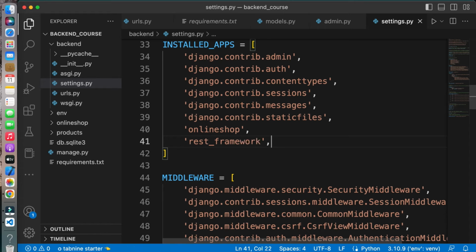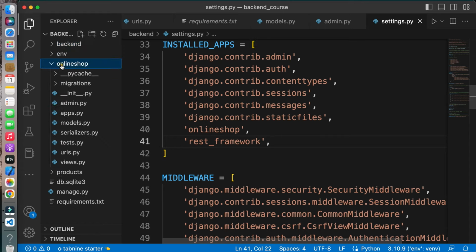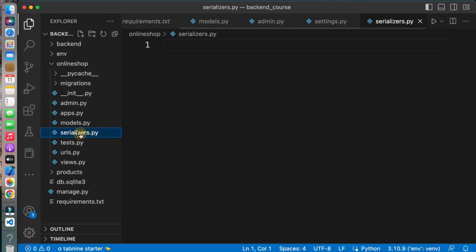Okay, so we are done with our REST framework installation. Let's move to the online shopping folder and go to the serializer.py file. First we will create serializers